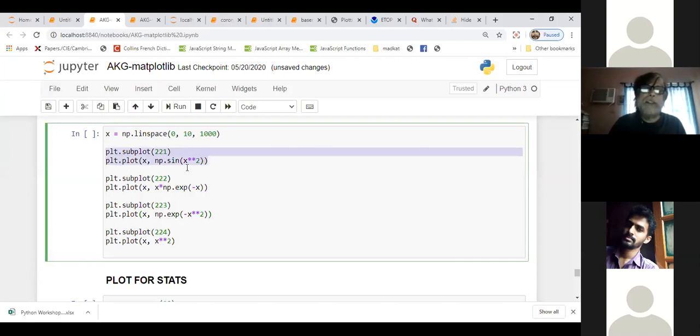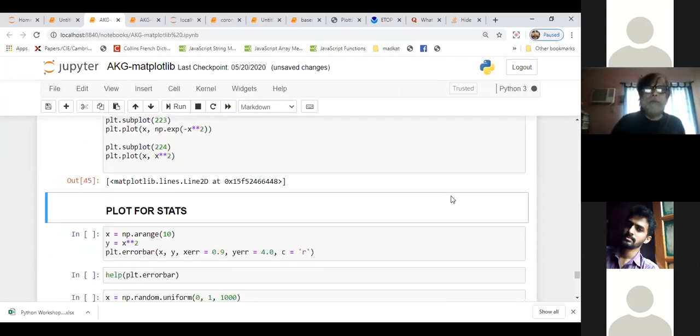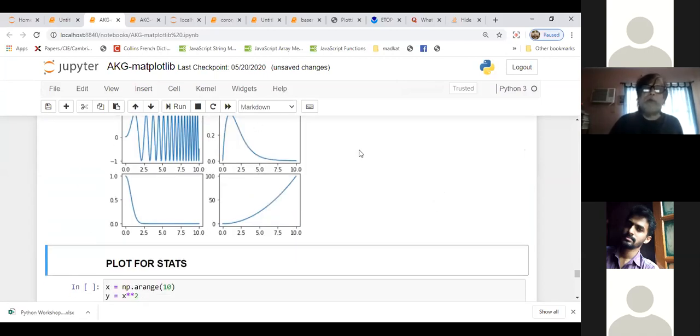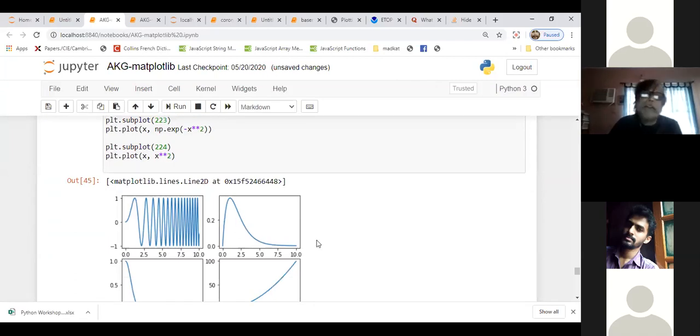So this is one set of plot. This is another set of plot, and so on. Where you place each plot, it will be in position 1, the next in position 2, and so on. So now you run this. You have these 4 plots. And now you can decorate, you can increase the figure size, you can change color, you can make this bigger, you can put this here, you can put this there, etc. Lots of things you can manipulate.